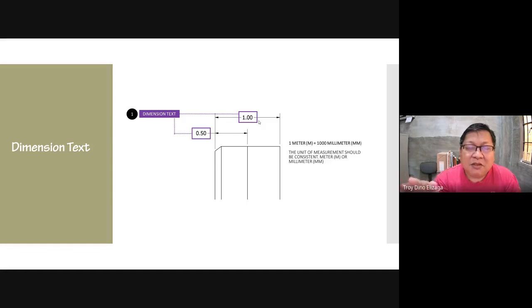Because before, when you could not really print the plan using an ordinary printer, but only through blueprint, a blueprint has a lot of smudges of blue because of the processing. So that point sometimes disappears. So it's very dangerous because if you have a 1.0, people tend to read it as 10. So to avoid the point, everything is in millimeter.